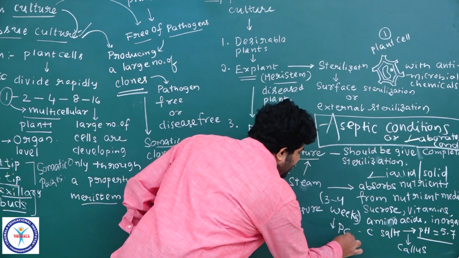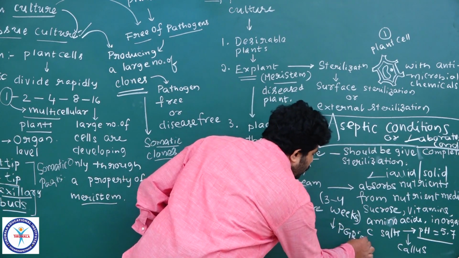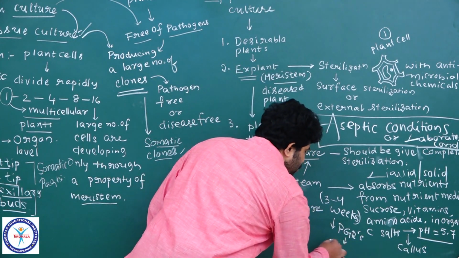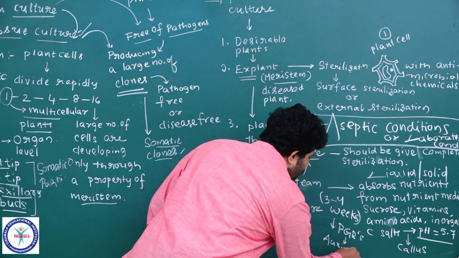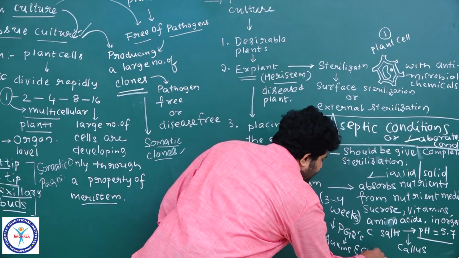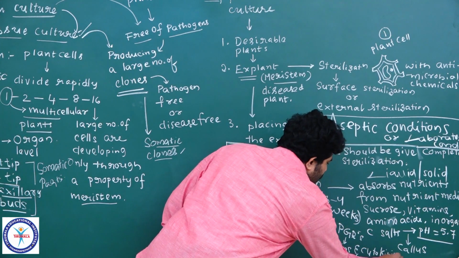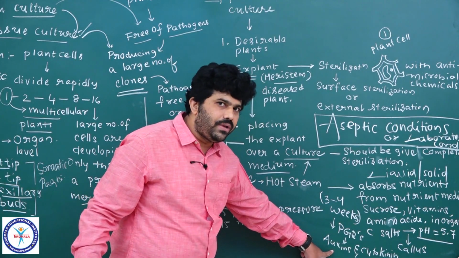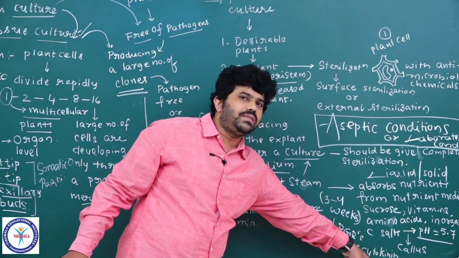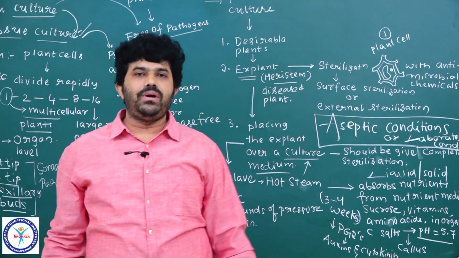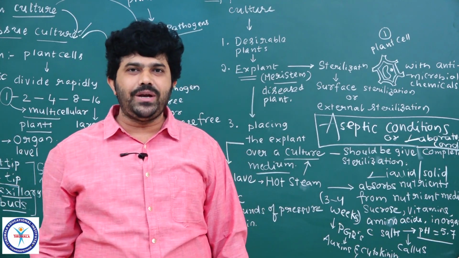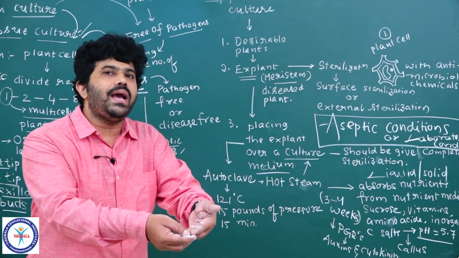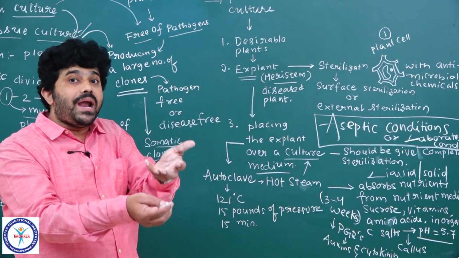Already I said, PGRs, plant growth regulators. The plant growth regulators especially taken in tissue culture are auxins and cytokinins. Please note this point. Artificial auxins like 2,4-D we use, and artificial cytokinins like BAP, benzyl aminopurine. Now got the point, students? Those two are the synthetic phytohormones we add into the nutrient media, from which our explant absorbs